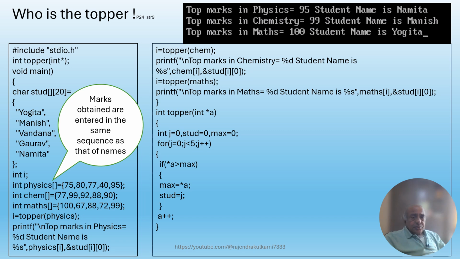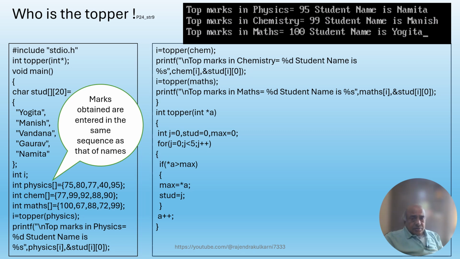How does it do it? If *a is more than max, which we have already assigned with 0 in our program, which says that if the content or the value pointed to by the pointer a is more than max, then that value is assigned to the variable max,